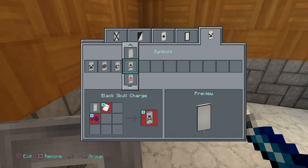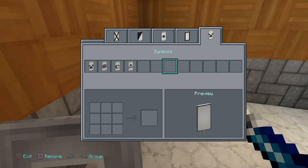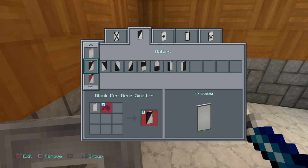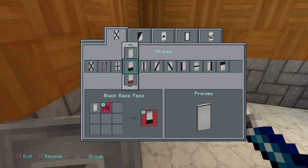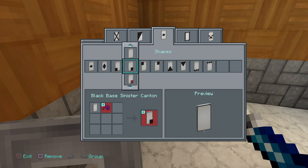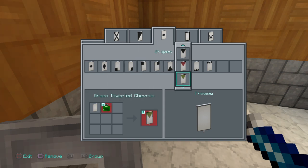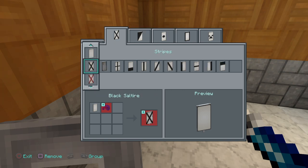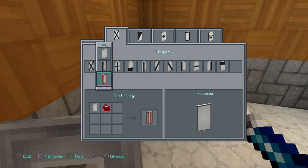Oh my god. Are you serious? There's no new... I could just do a red dot. I forgot how I did it. I think I did like this. Whoops. What if...